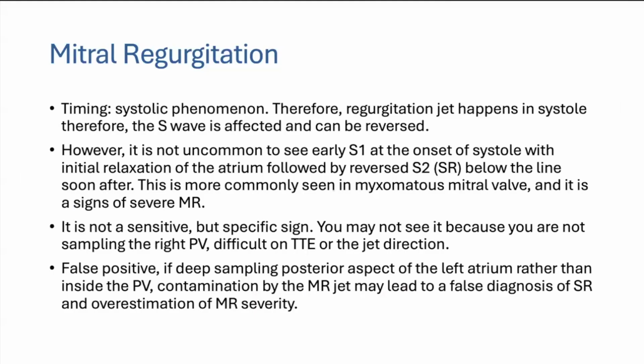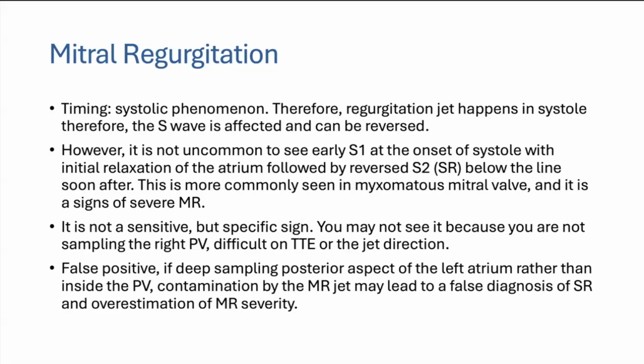So the regurgitation just happens in systole, and therefore the S wave becomes, depending on the severity of the disease, blunted, but when it becomes very severe, it becomes reversed and goes below the line. However, it's not uncommon to see the early S1 first as a positive deflection, followed by the negative waveform of S2, and this happens especially in people who have myxomatous mitral valve prolapse, because